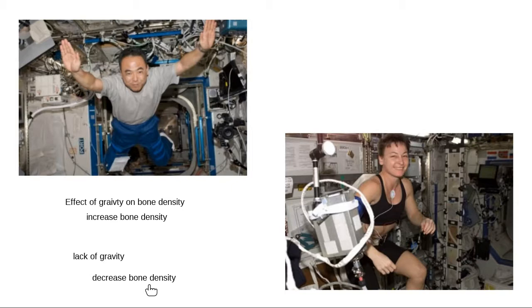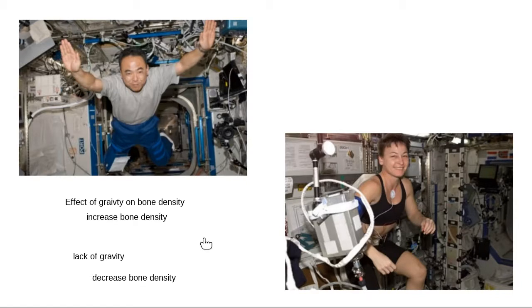I can't remember if I put it in the guided lesson or not. Did I give you guys a number for how much it ages their skeleton to go to space? I always quote the number wrong. They lose about 1% of their bone density every month. When they come back from space, their skeleton has aged the equivalent on Earth of many years. So just by not having gravity for however long they're gone, they lose a ton of bone density, at 1% every month, and that has a big impact on them.